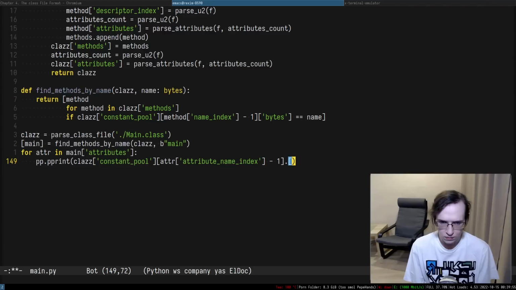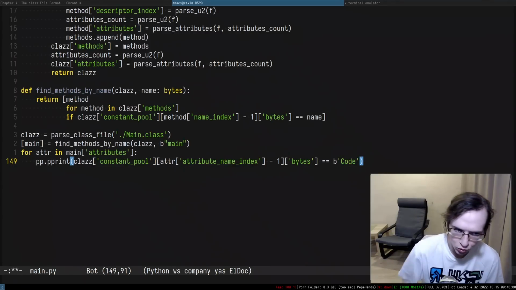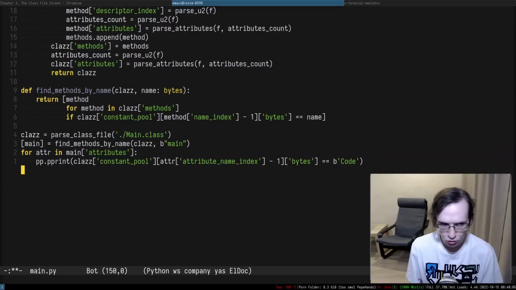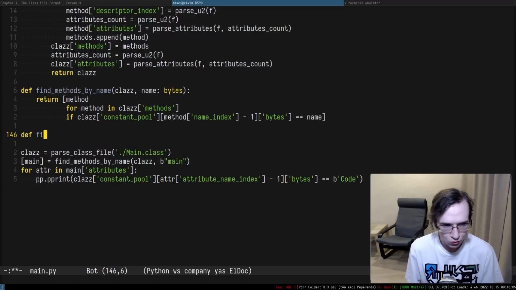Code. Bytecode. So I suppose the time has come to move this code into something like find attributes by name,